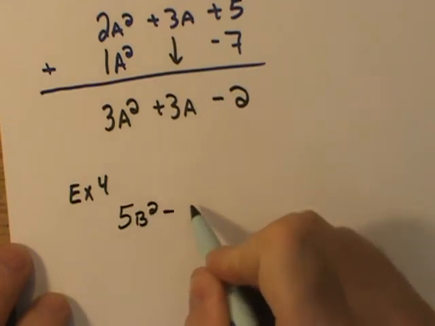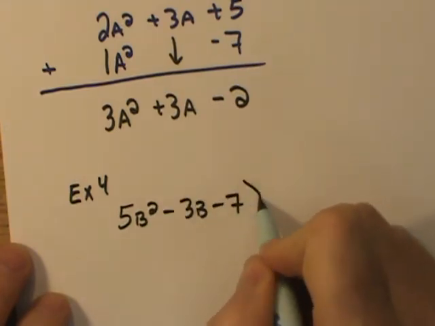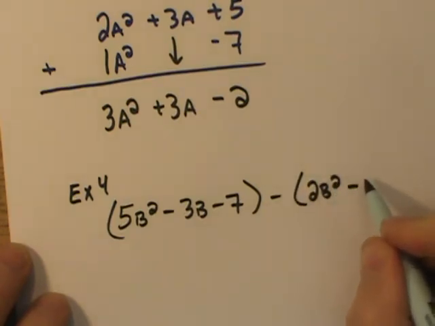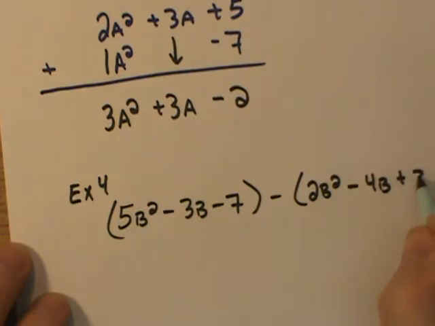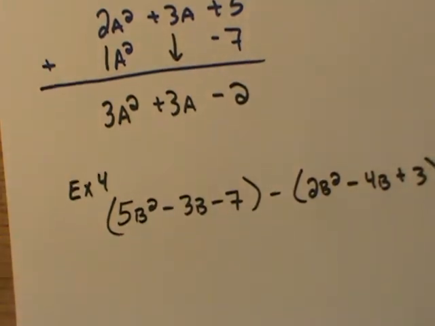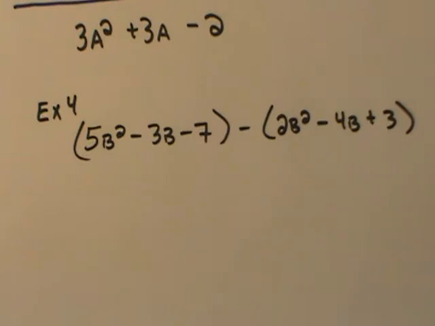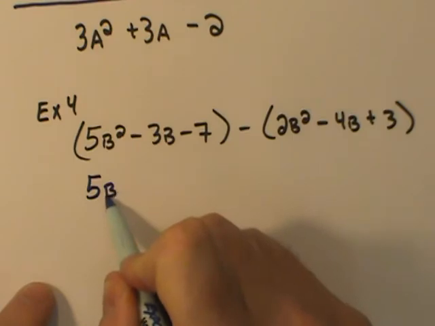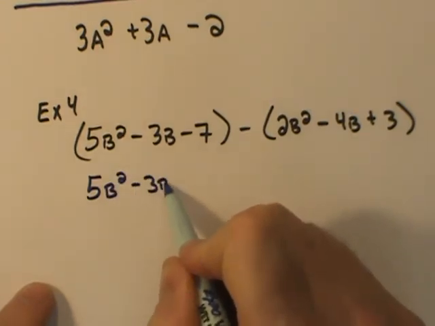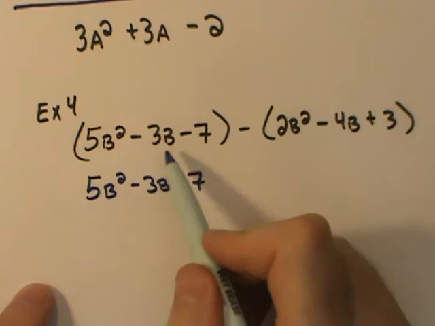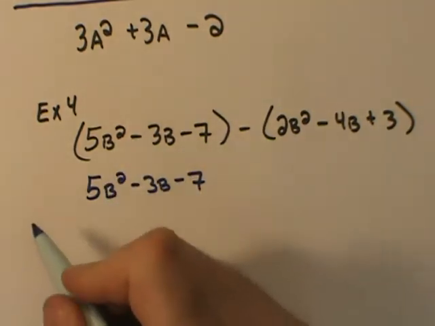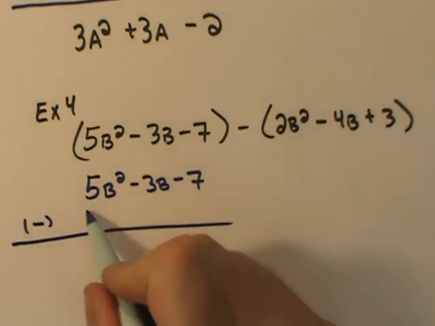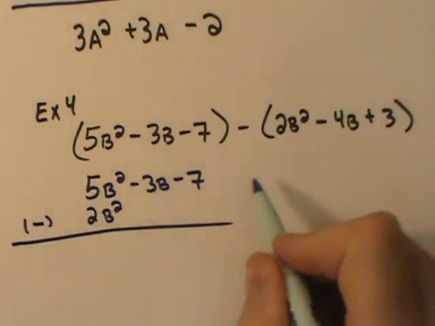5b squared minus 3b minus 7 minus 2b squared minus 4b plus 3. Again, you write the original set of parentheses. One of the things that I hate to see is when students are lazy. It only takes a second to rewrite this stuff. I mean, you could line them up with that, but rewrite it. Make it neat. The operator is subtraction. I bring the 2b squared. I line it up right there. Minus 4b